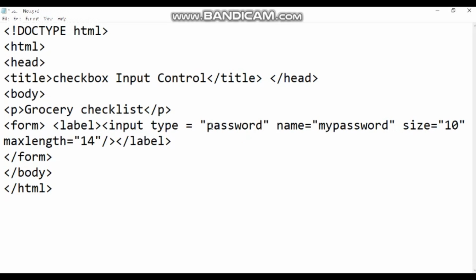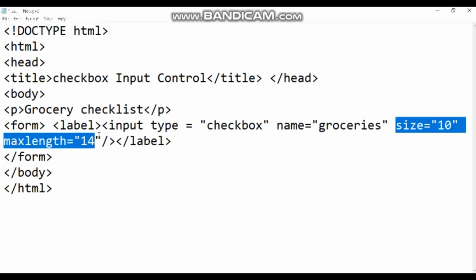Since it is a checkbox, I have to mention the type of the control that is required, checkbox, and this kind of control requires a name as well as a value attribute. Let me name this as groceries,